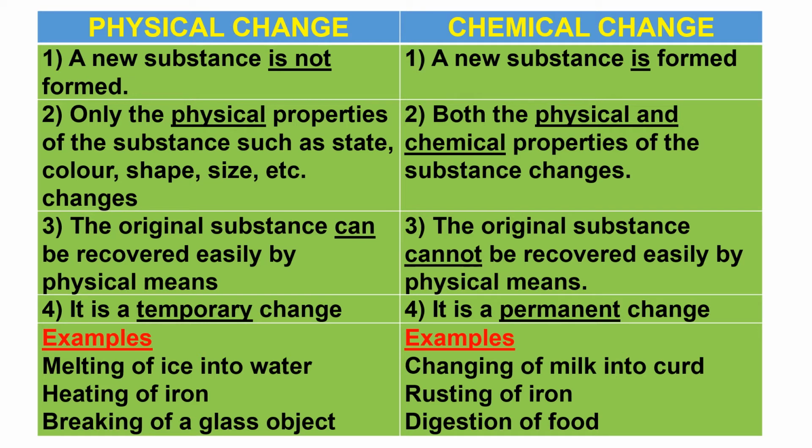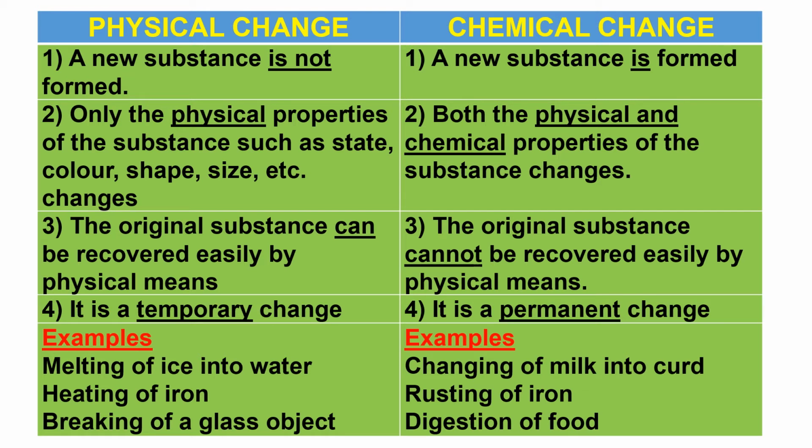Let's talk about physical properties. Milk is in liquid state, whereas curd is what? Is it purely liquid? No, it is semi-solid, half liquid. So the physical properties have changed, and not only that, chemical properties also have changed. Your milk had lactose. Now it has become lactic acid. Curd is called lactic acid. Your lactose got converted to lactic acid. You got a completely new substance. That means the chemical properties also have changed.